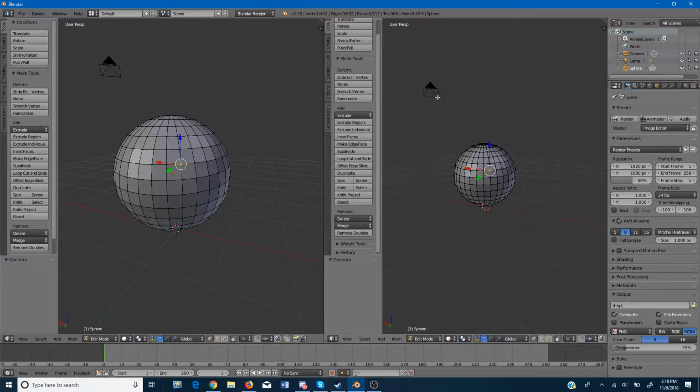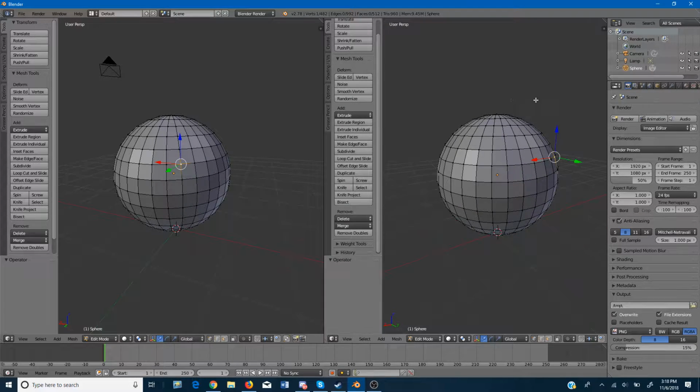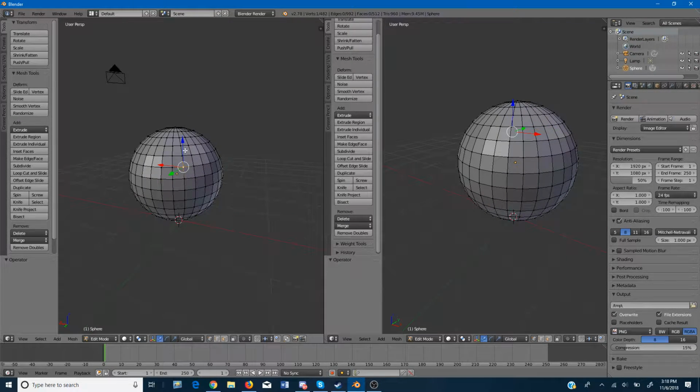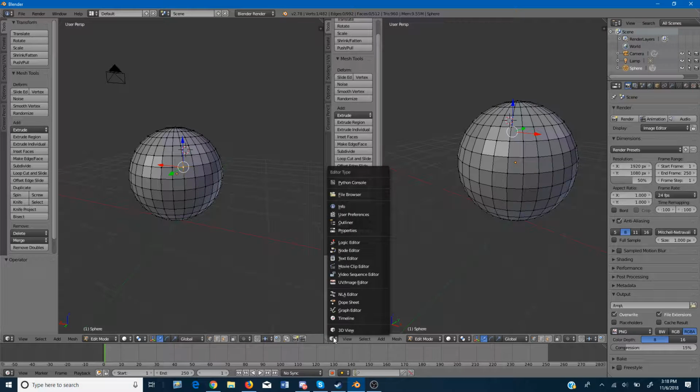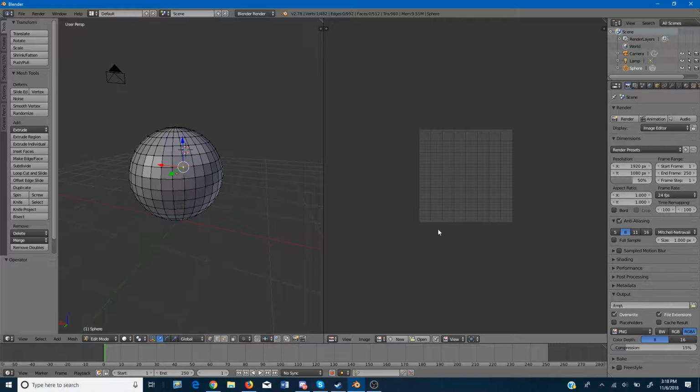This can be helpful just in general. Say if you want to view something from a different angle, you can mess with it. But what we're going to use this for is to move down to the bottom left of that screen where it says current editor type. So right now it's at the 3D viewport, so we can just see what's going on, but we want to change it to UV image editor, and you'll just get this flat square,